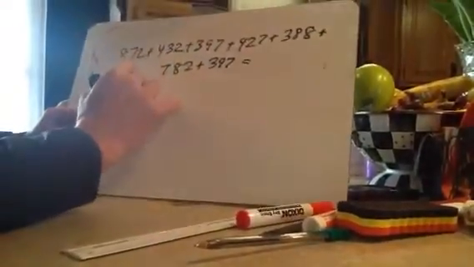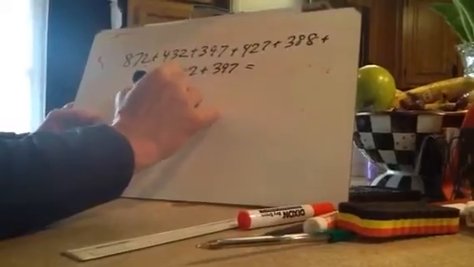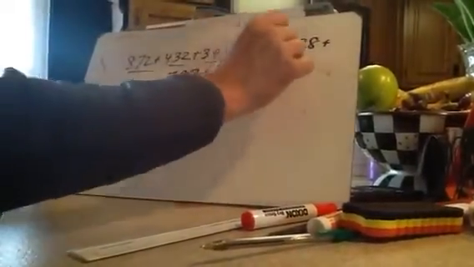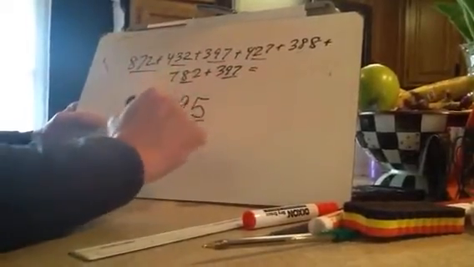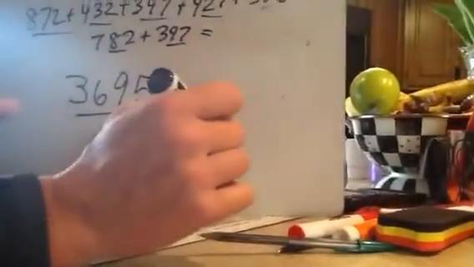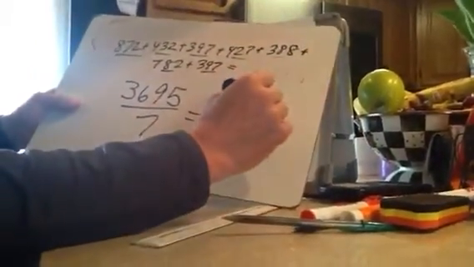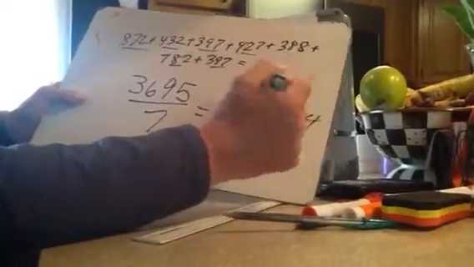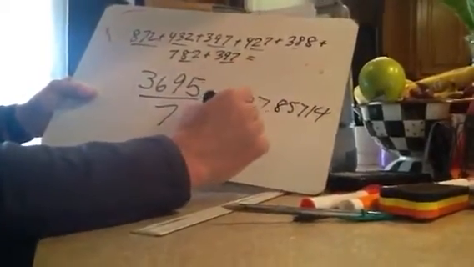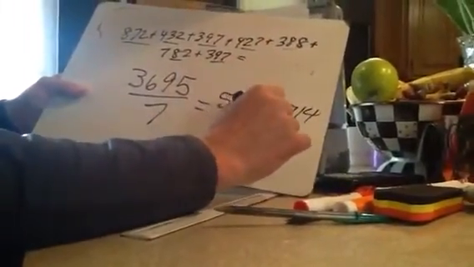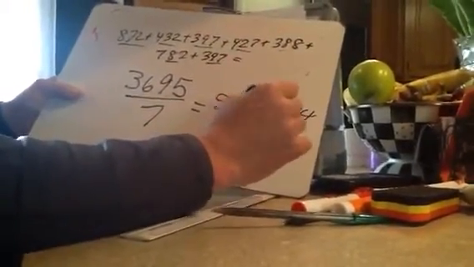Add them all up. You guys can all use calculators. It comes out as 3,695. How many did we have? 3, 4, 5, 6, 7. So our mean fare for a flight from Chicago to Mexico came out to be 527.85714. Now, it does not say to round, but if you're talking about money, it's inferred rounding. Thank you, Mace. So 527.86